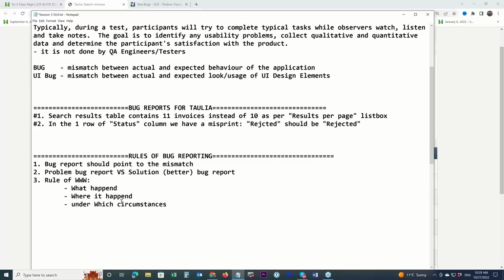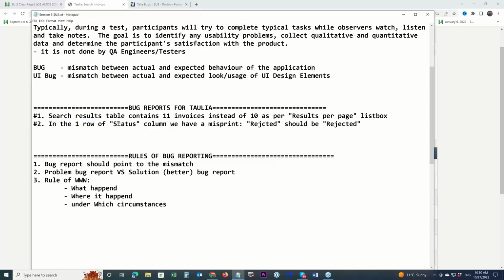Now, circumstances normally come when we deal with functionality testing, because we have to come to a certain place and say, okay, look at that, but we have to open and type and make some choices, selections, and blah blah blah. In user interface, it is primarily what happened and where exactly it happened. So first row status column.